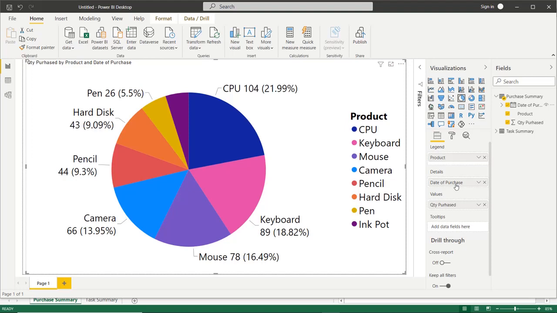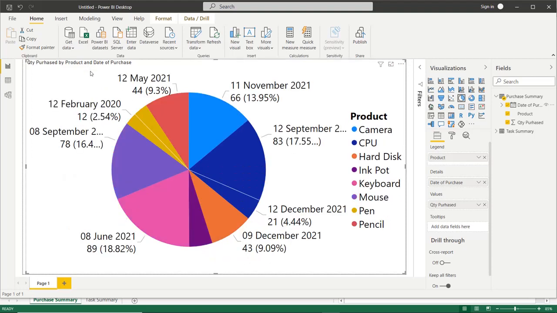So you can see now the pen has been purchased twice on different dates. It shows the same color but in two divisions. Same case is the CPU. The color is the same blue color, but again divided in two sectors. It shows the two different dates.